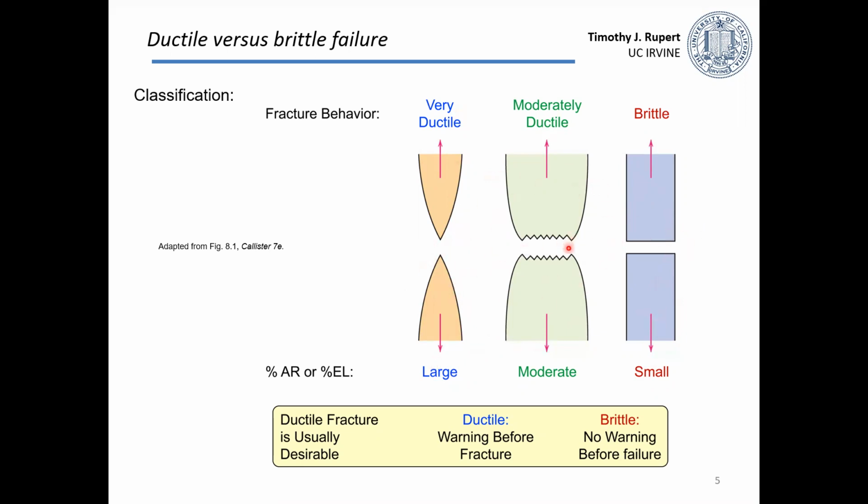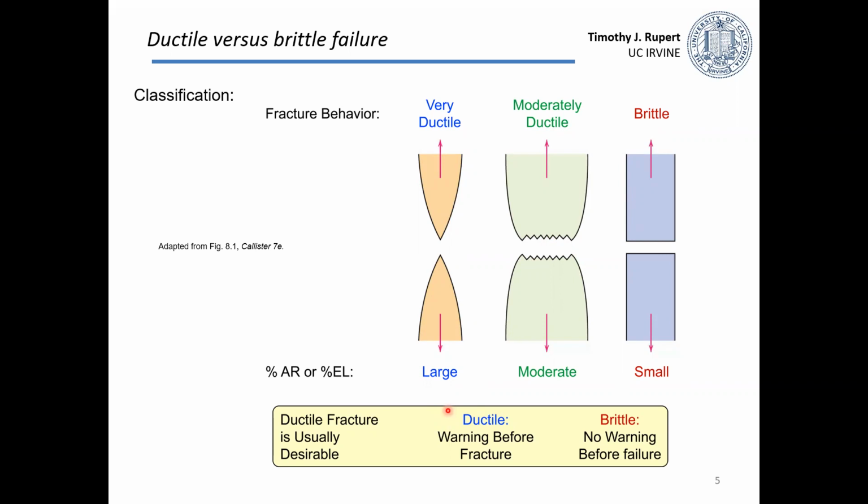And then, of course, you could have something that's somewhere in between. So this is an example of a fracture surface with what we might call moderately ductile. So you're getting quite a bit of change in the shape of the sample in this region, but then at some points you get these sharp fracture surfaces. One thing that's important to mention is that this large ductility is actually important from an engineering standpoint,